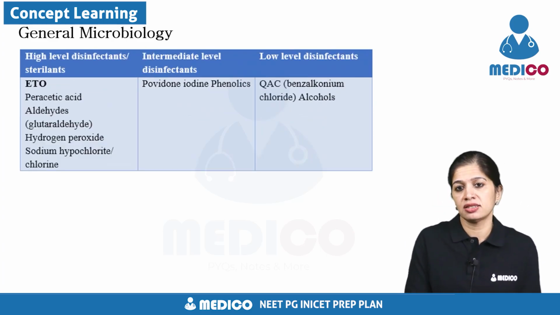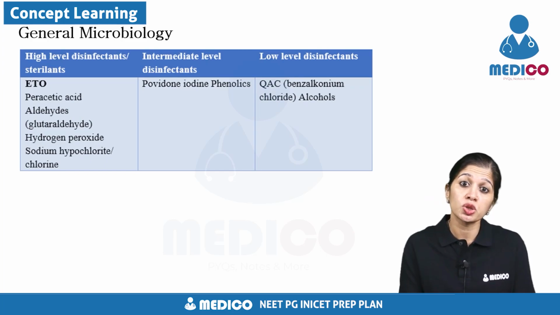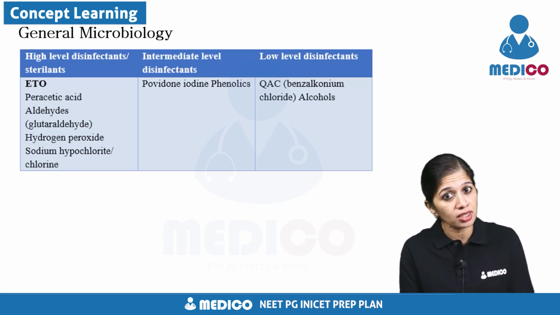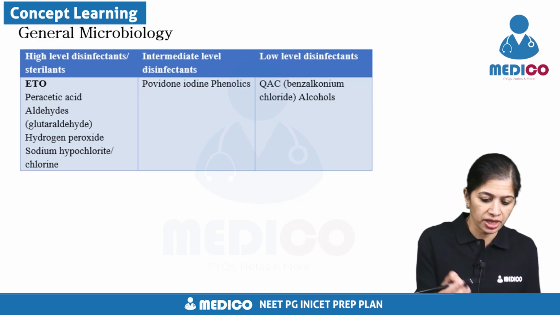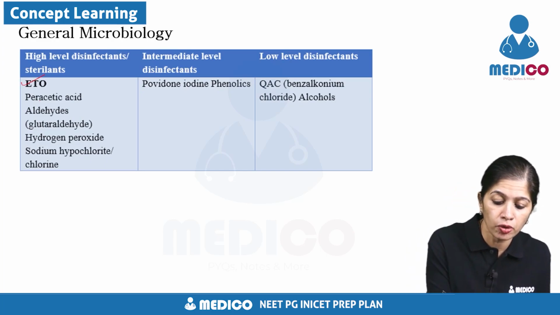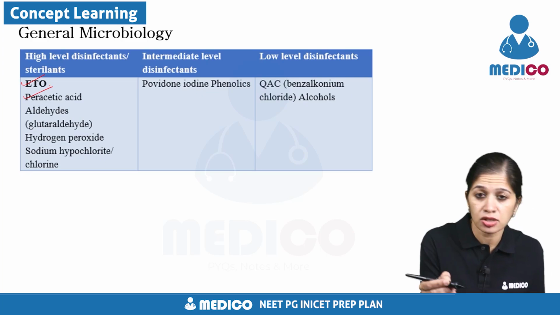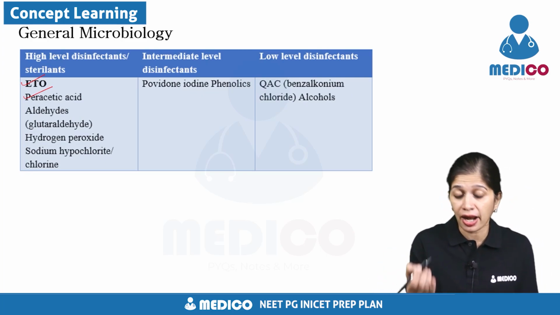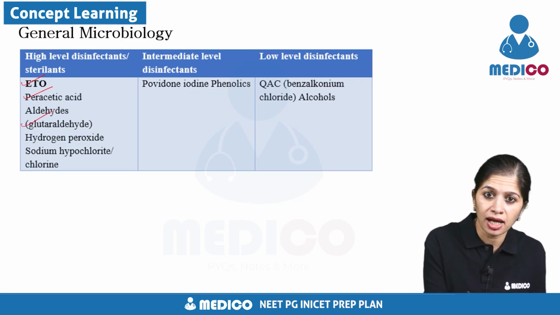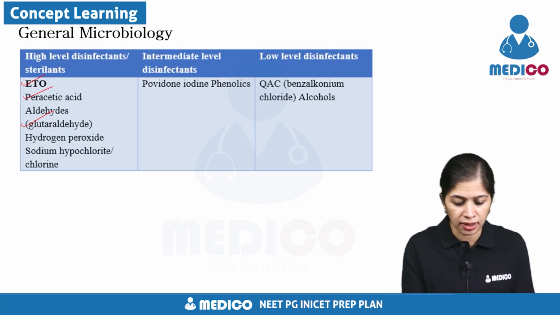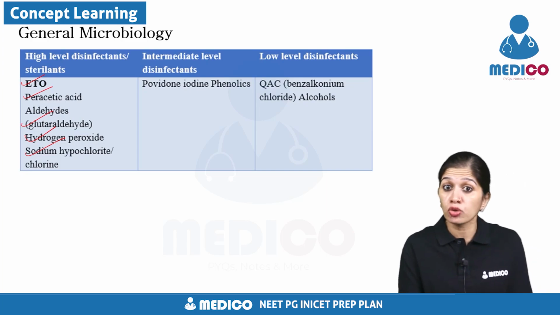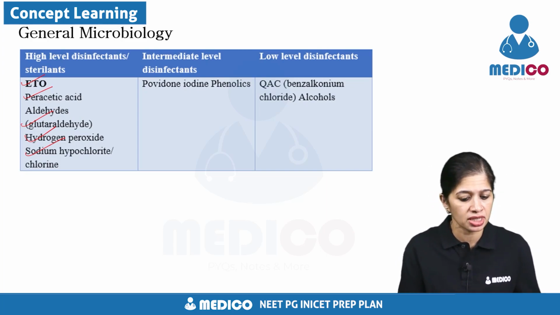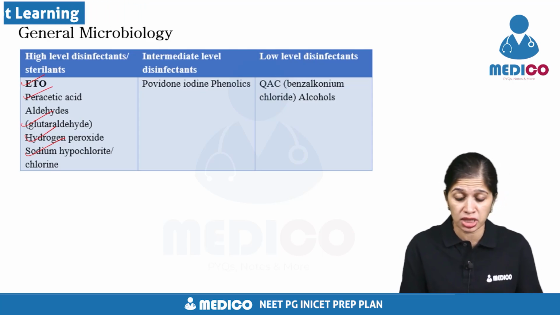So, besides this, there's another thing which I want you to know, which is which are the high level disinfectants, which are the intermediate level, and which are the low level disinfectants. So the high level disinfectants, this we already mentioned, is the ETO, the peracetic acid. They are sterilants, but they can act as disinfectants. You've got aldehydes like glutaraldehyde and orthophthaldehyde, hydrogen peroxide. Sodium hypochlorite or chlorine, all these are high-level disinfectants. So ethylene oxide, peracetic acid, hydrogen peroxide, which is a gas plasma,